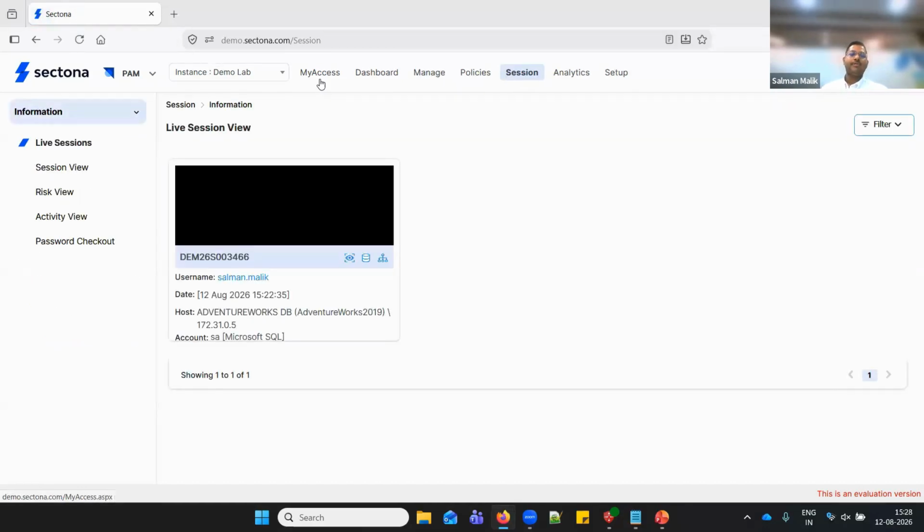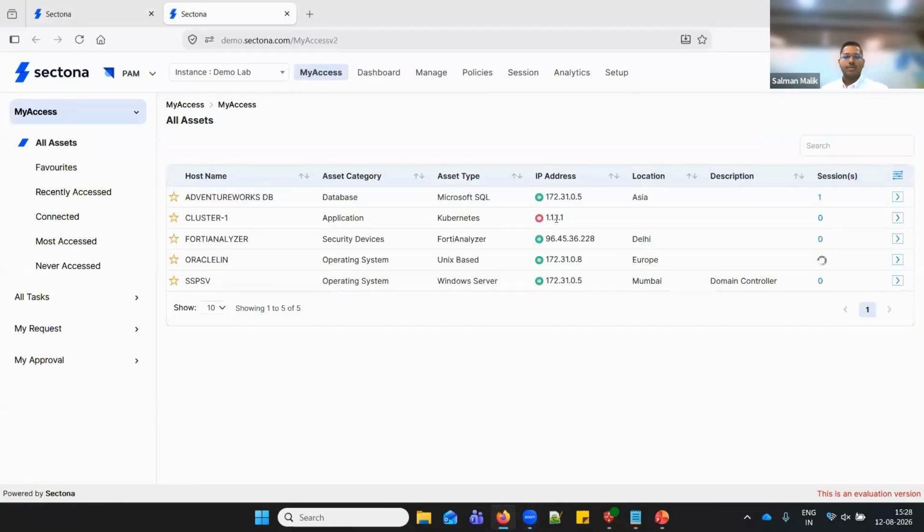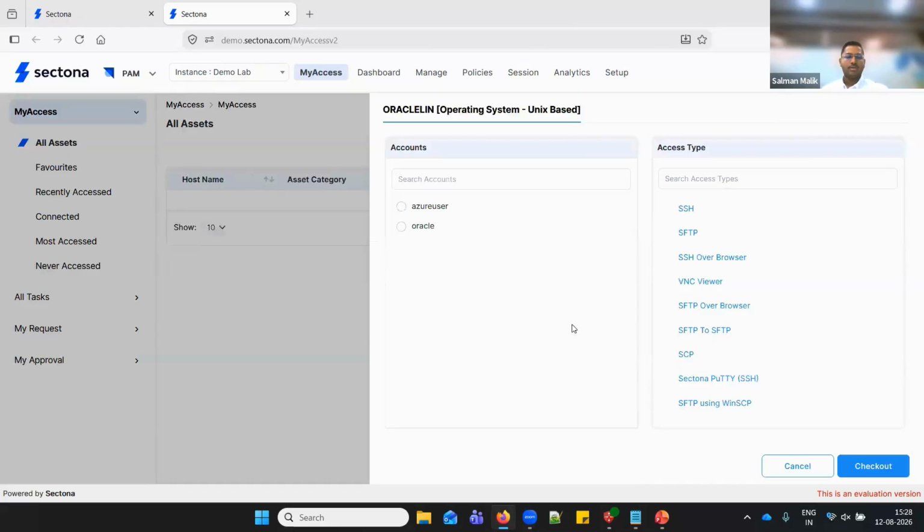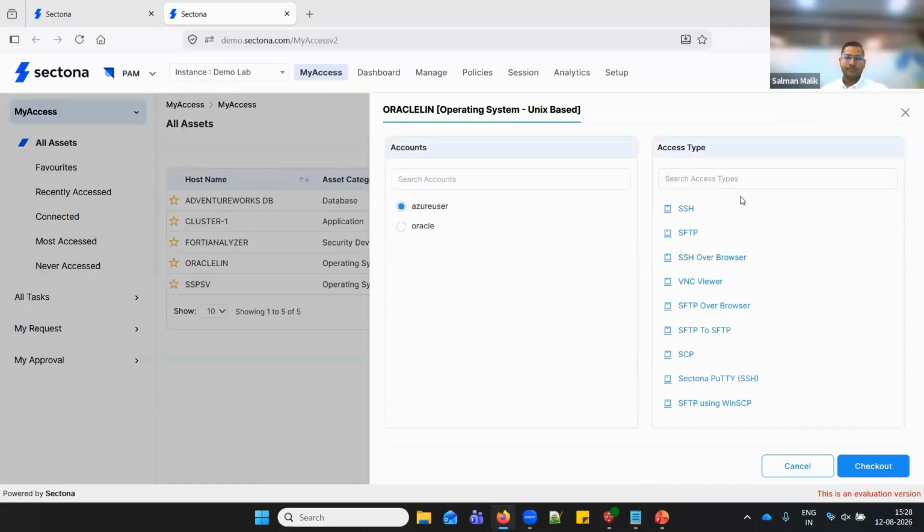So this helps you to effectively manage the user session and not disrupt the end user access in case you would want to just pause that session specifically for some monitoring purpose or for just a validation purpose. So I'll just quickly show you how that session pause option works. And by the way, this session pause option works for RDP, SSH, SFTP, web consoles, any of your access types.